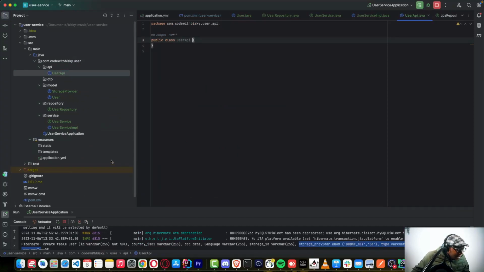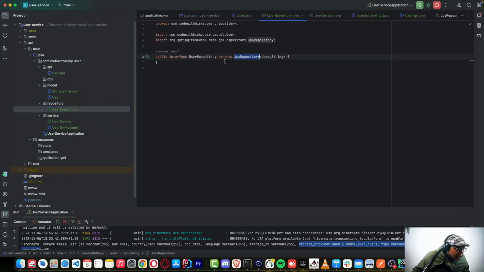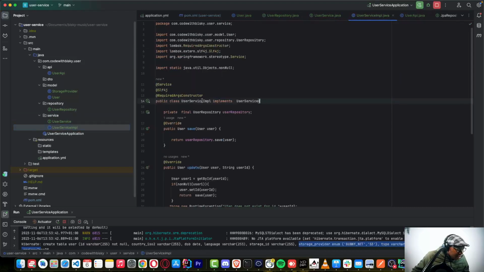To differentiate this, if you are in the repository, we extend a repository, and you can see this is a bean. It means this class is able to work on the database layer. And for the service, this is responsible for saving details into the database. You can see we have this bean which is added in our version control, and we can use this one. But to use this service, we need to add it into our controller